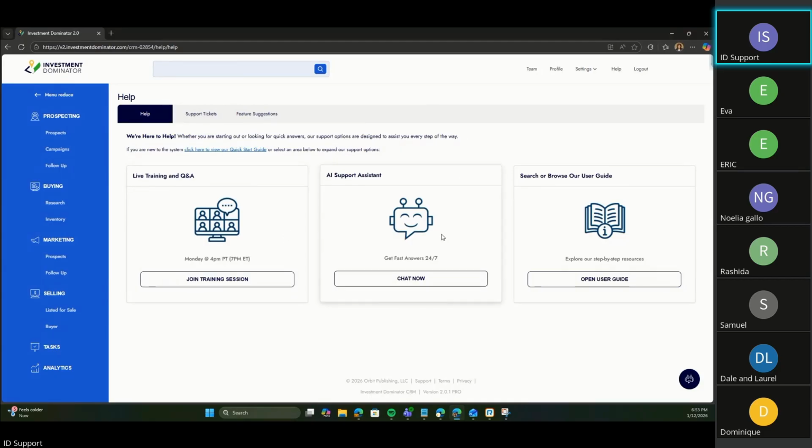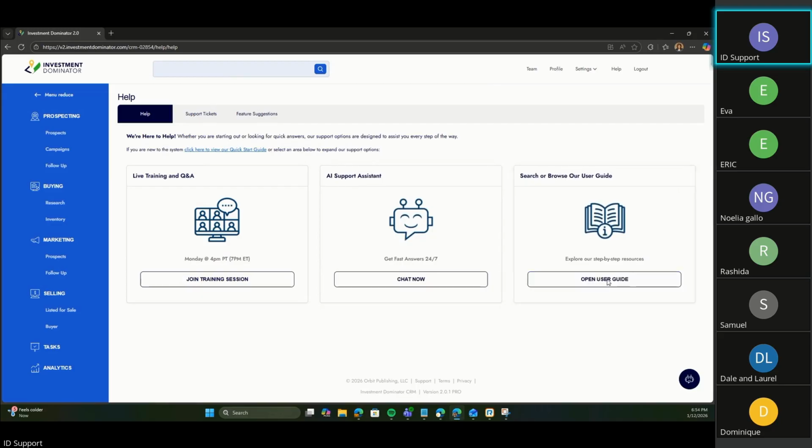We have an AI support assistant. It's cute, but it's not trained all the way, because that's the thing with AI. AI is exciting, don't get me wrong. It can do some really cool things. I know a lot of our technology for Investment Dominator is being geared towards that, like with Property IQ. Our support assistants still have to be trained. They still have to get the information put into them so that they can give you the correct answer, because sometimes AI will send you way off into left field, depending on what it's been fed. So let's keep that in mind, though you can use this chat now.